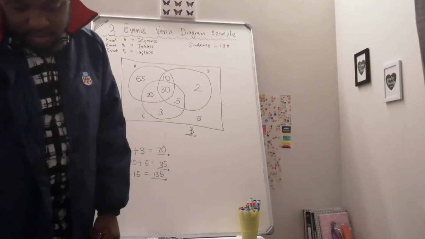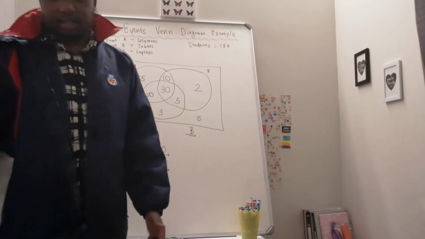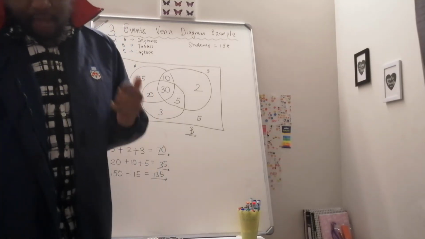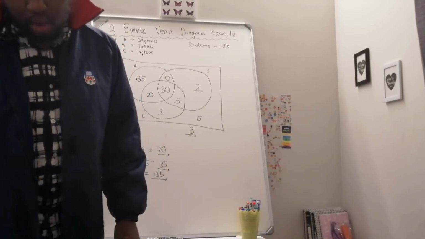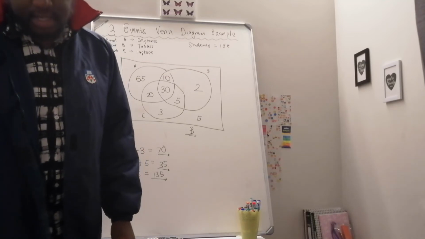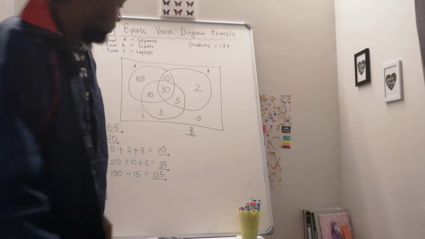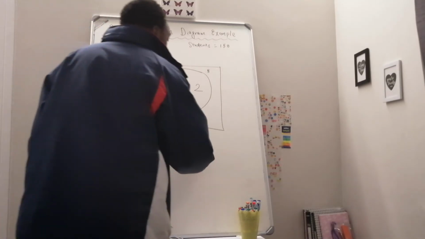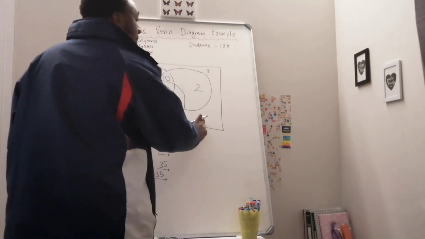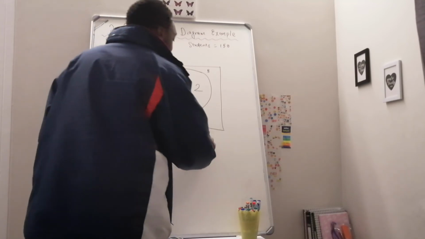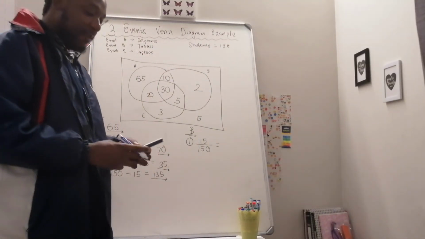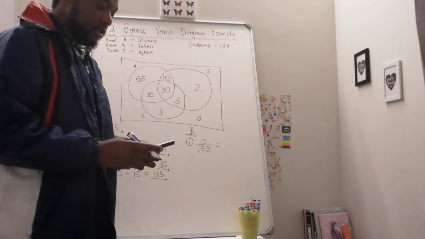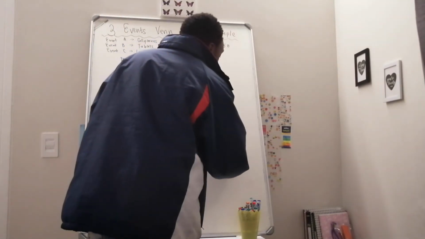B asks us, so now we're looking for actual probabilities. If one teenager is selected from the group, what is the probability that he or she owns none of the three devices? Well, none of the three devices, that's the 15. So what is the probability that I'll pick someone from that 15? It's that 15 over the total, right? I like putting them in decimals so that I can visualize them. So it's about 10%,